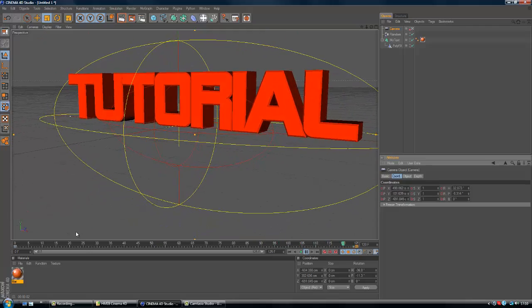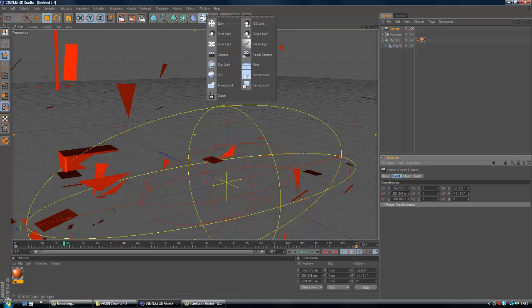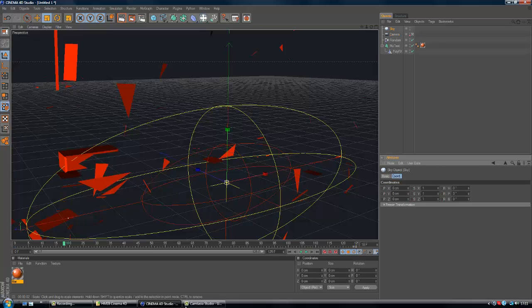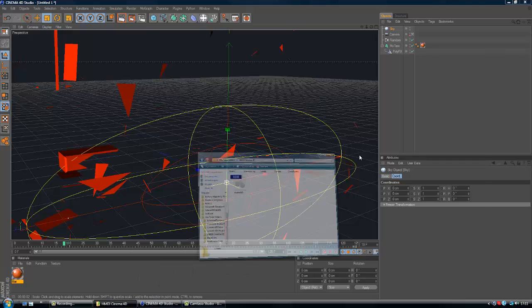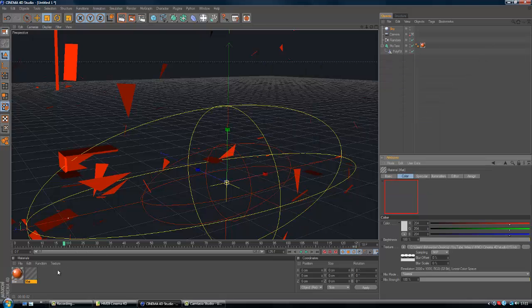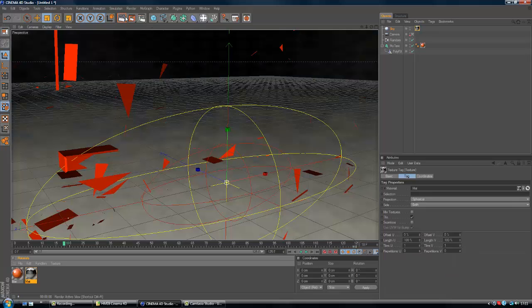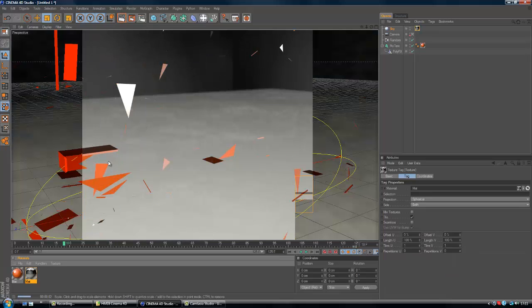And you're done. Now we're going to add a physical sky. You can use a normal background, but I'm going to use physical sky, so the particles will shine. Hit this, add a sky, and I'm going to put the download link in the description. Drag it in there, click no, then drag it onto the sky. If you render it, you will see the particles will shine,